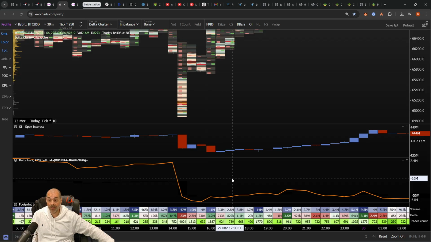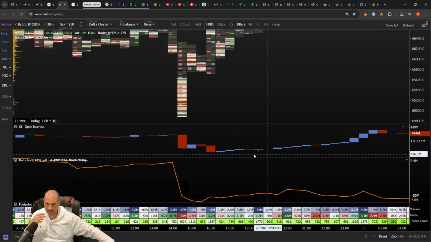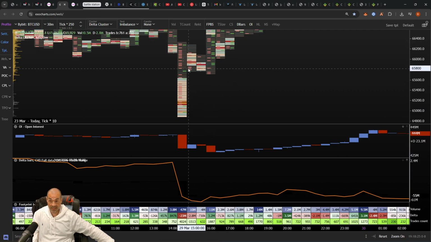And then if I zoom in, I can see that that was a massive high volume candle. This is my footprint bar statistics. And here I only have volume, delta, and the number of trades. I don't know why I have that trades count in there. But I can see that that was a high volume candle that went to the downside and everybody got pushed